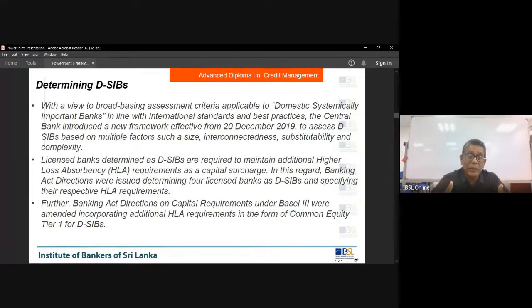Those are the four factors taken into account by the central bank